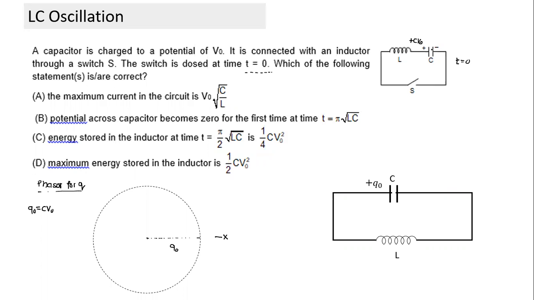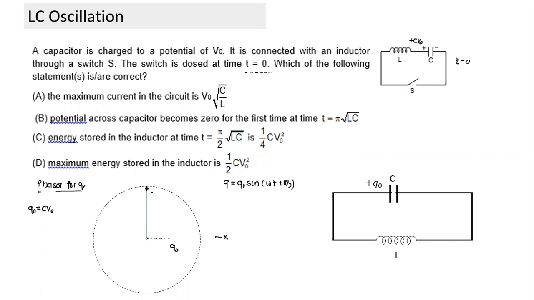So charge on the capacitor itself at time t equal to 0 is at its maximum, equal to Q0. Karthikeya? Yes, sir. Charge is, this is the phasor. So what is the initial phase constant? If I have to write the equation for Q, my phase constant is 90 degrees. I would have written Q0 sine of omega t plus pi by 2. But if I don't write it, I can visualize it in terms of the phasor.